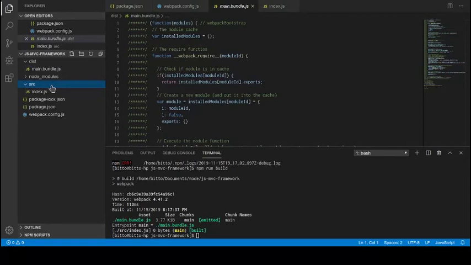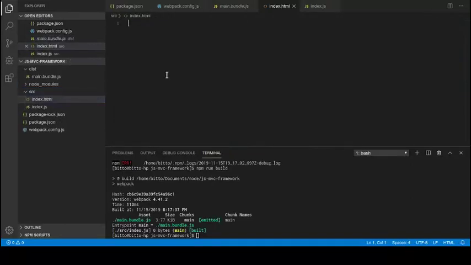So we can now have an index HTML page. Obviously we need that to view the application in the browser. So let's add an index.html page in our source folder. Okay, so in order to bundle this index.html page with the application build files,